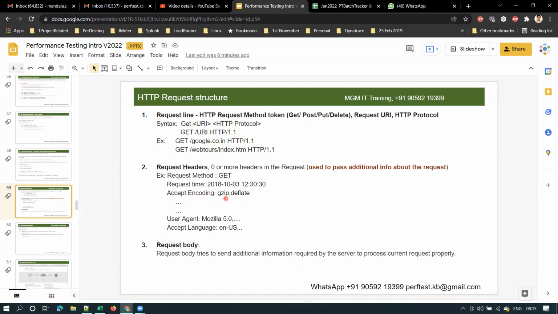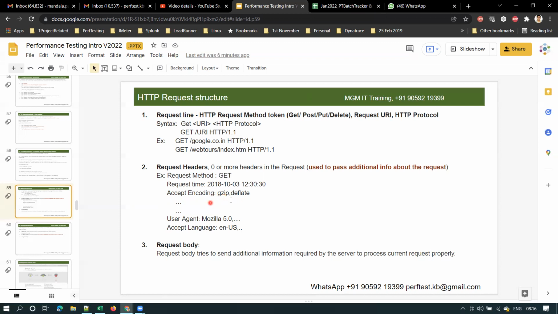Once the browser receives the response, it will uncompress it. The browser is saying that it can accept only gzip: please send me the response in gzip compressed format.